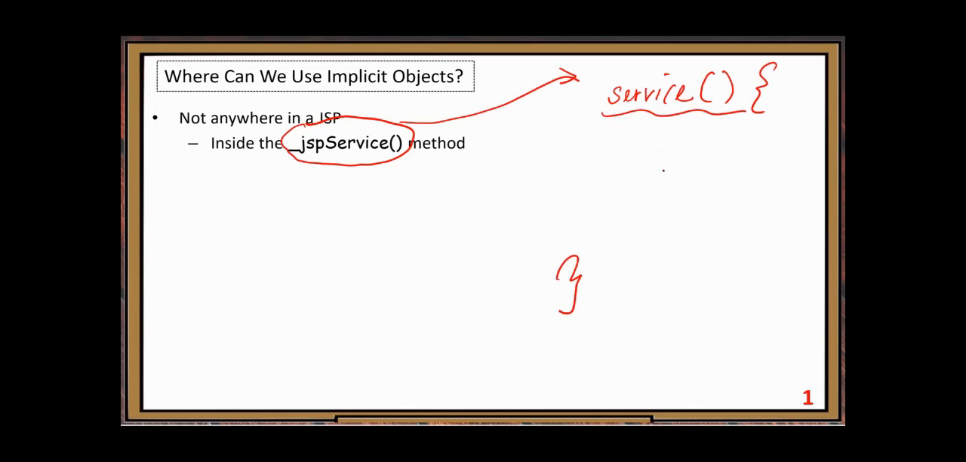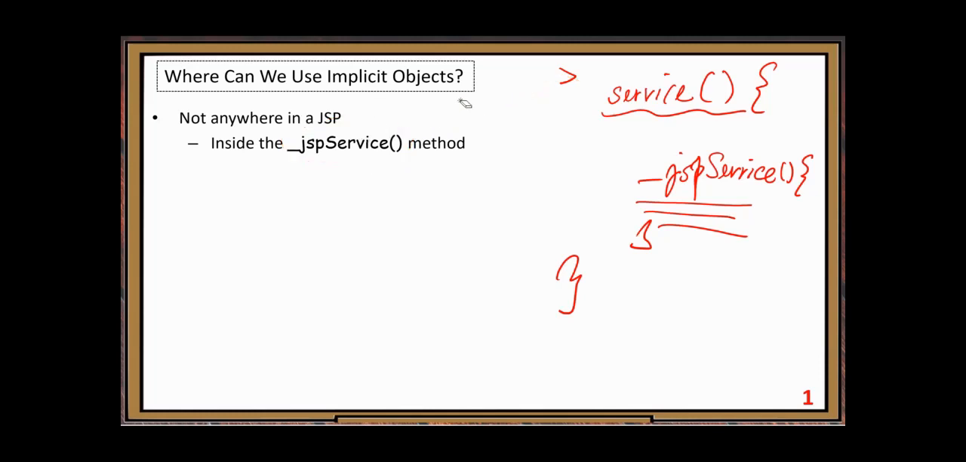All right. Then inside this service method, for JSP, only JSP has this one. Servlet does not have this one. So this is a special method for JSP, underscore JSP service. Okay, so there is another method inside that service method. So what you see is this picture. All right, so now, the first thing tells you implicit objects can only be used inside the JSP service method,